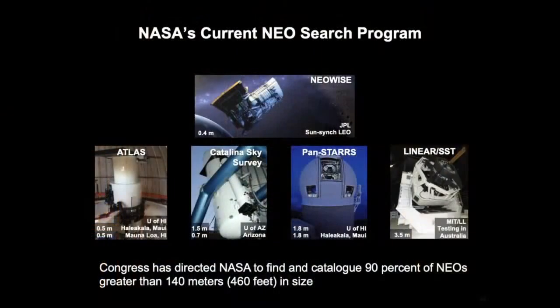Slide number 23 talks about what we could do about it, because things can hit the Earth, and we don't want this to happen randomly. We'd like to actually keep an eye on these. So we have search programs. NASA has funded search programs, and along the bottom of this slide, you see some of the large telescopes that are searching the sky every dark night, looking for new asteroids and trying to find as many of them as possible. In fact, Congress has directed NASA to find 90% of the near-Earth objects that are greater than 140 meters,